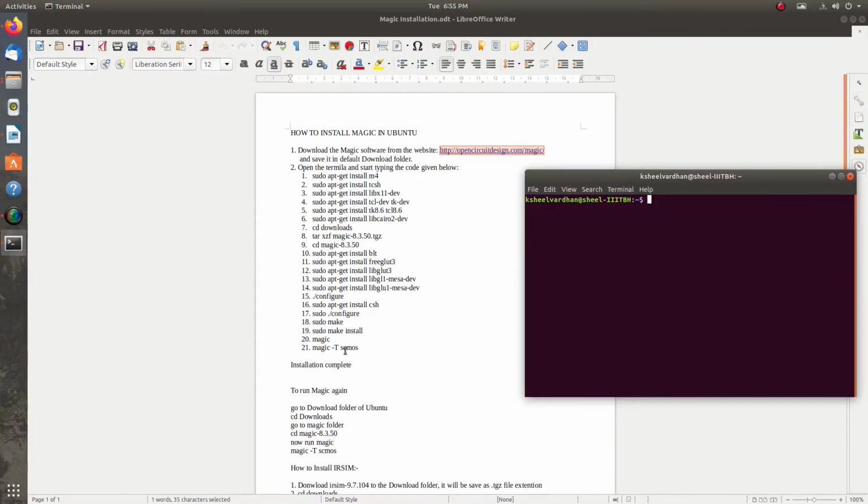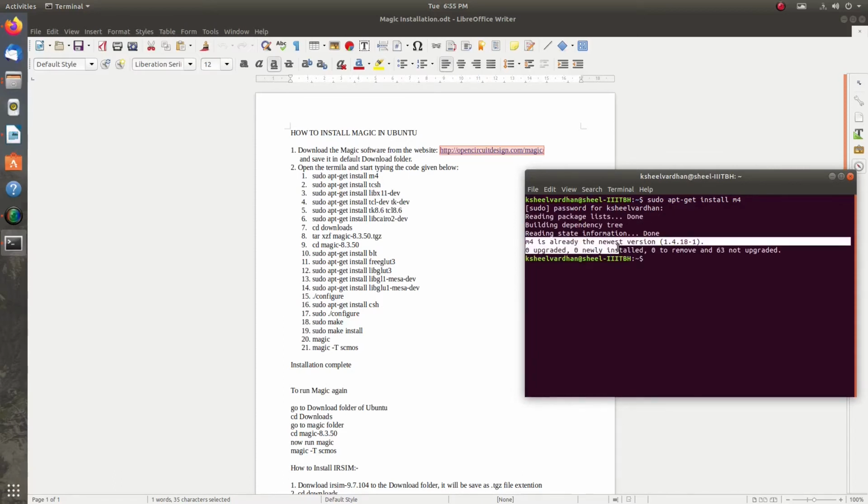So we will go to the second step, and we will install several files which are going to be useful in our Magic installation. First we will go for sudo apt-get install m4. It will ask for a password, then it will retrieve the file.